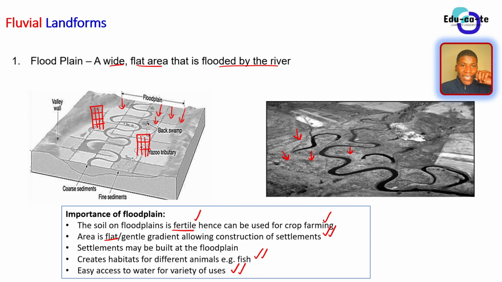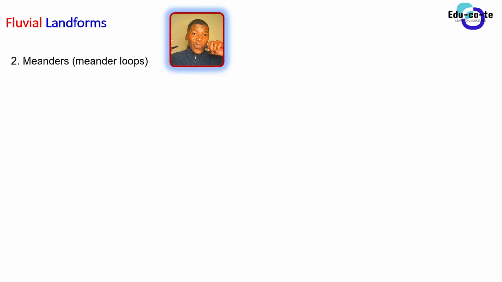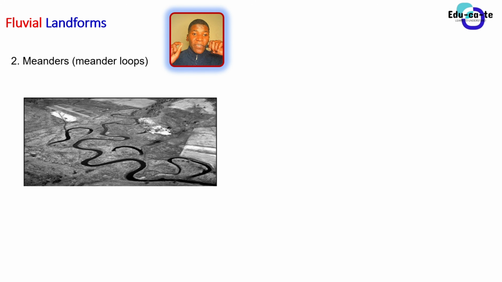But when it comes to the next landform, which is a meander, when they ask it, they make sure that they tell you, because there are a couple of things that you need to know about a meander. So a meander is basically when the river is bending. So it is a bend in the river. So when the river is winding and bending, whenever you see the word winding and then you see the word bending, we are talking about meanders. We say that the river is meandering. So they can say it's a meandering stream or something like that. It just means that the river is winding, it is bending.